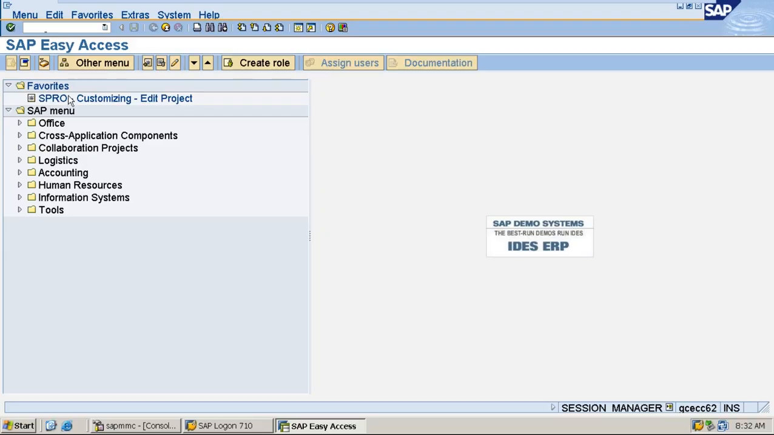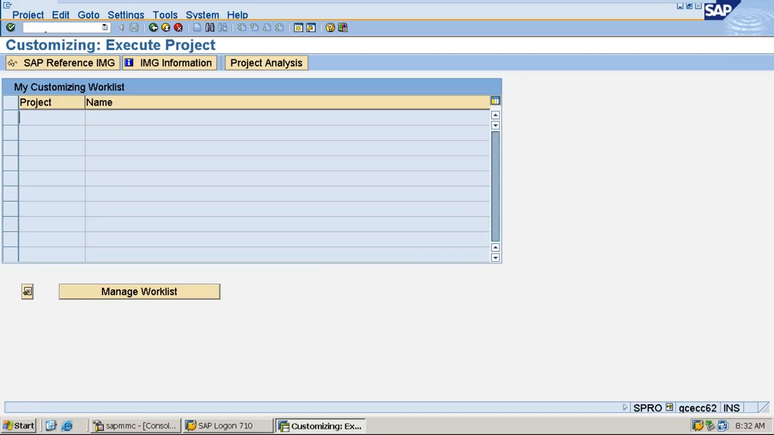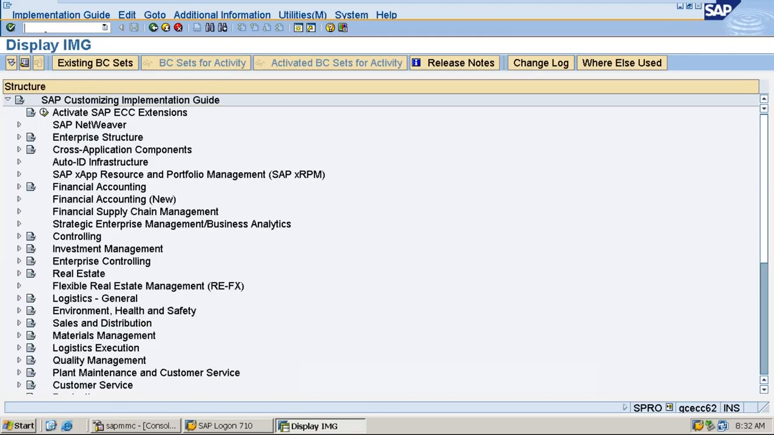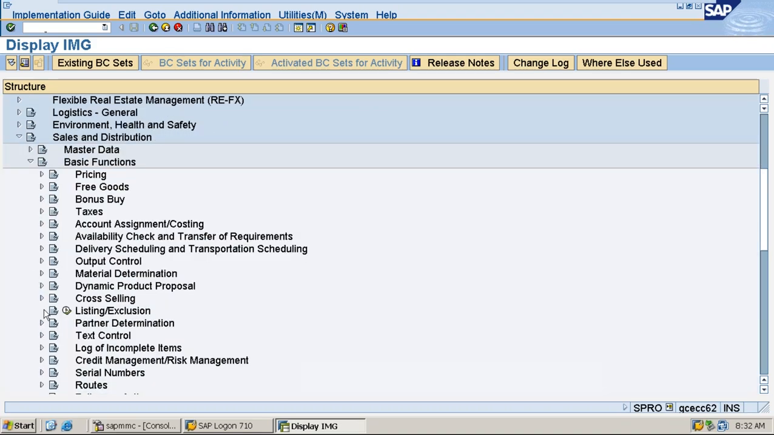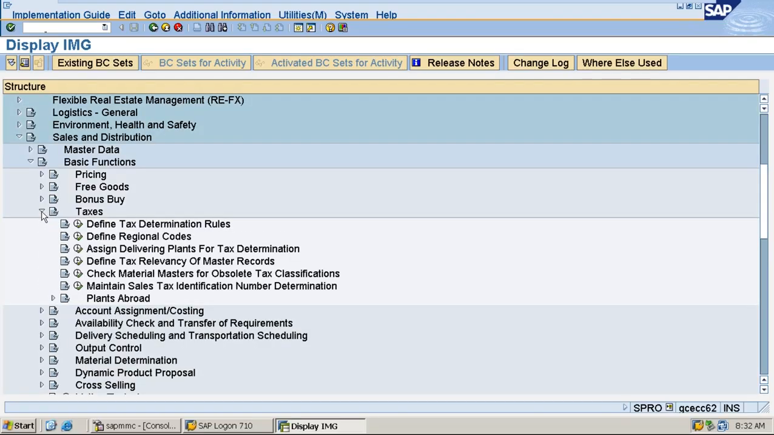So let's go by part. Sales and Distribution, Basic Functions, Taxes. Different tax determination rules, this is what we have done earlier. Now define tax relevancy of master data. So this is the step. Click on here